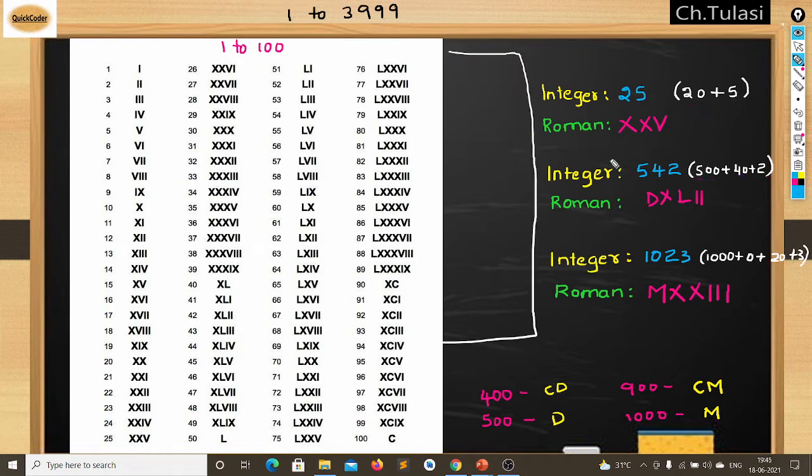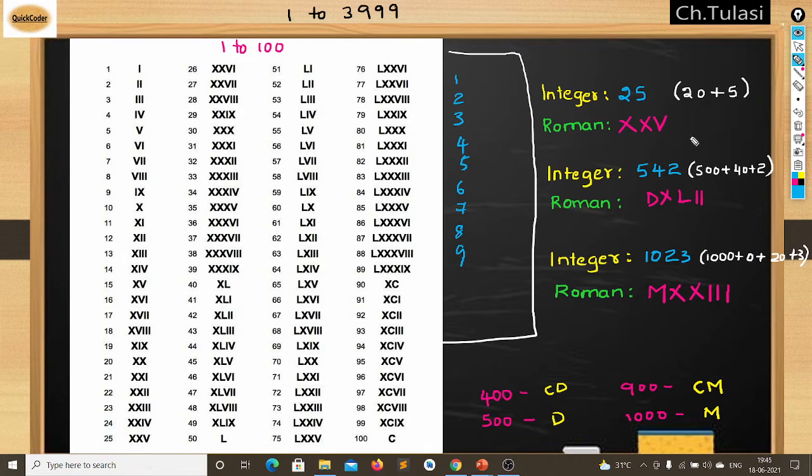From this method, we can simply say which Roman numbers we require. First of all, coming to the unit digit, we require Roman numbers like 1 to 9. So it is mandatory.